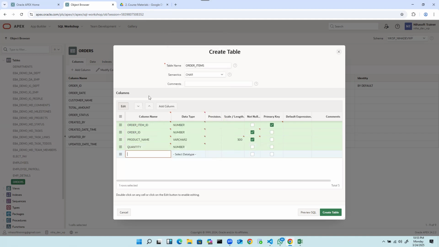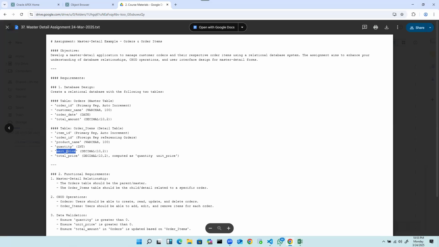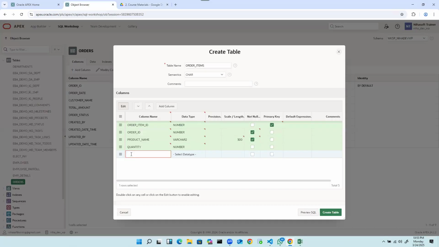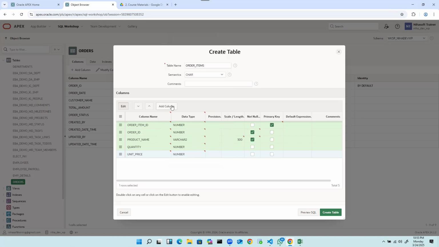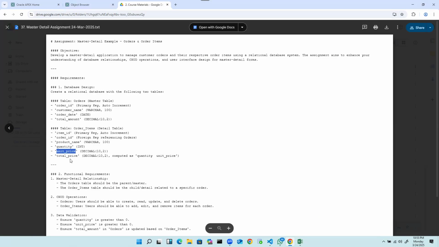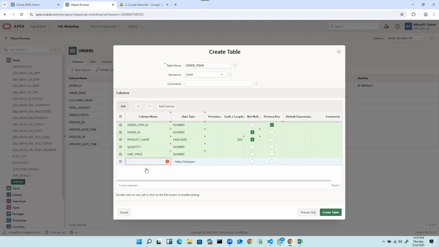Then unit price, which is of type number. Then this is total price. As these two are currency,